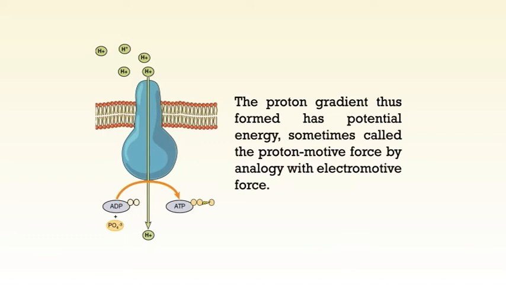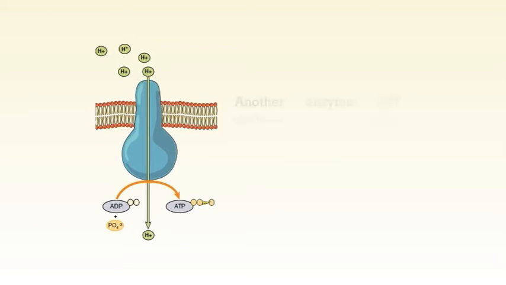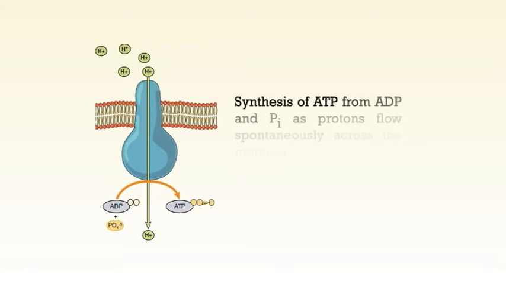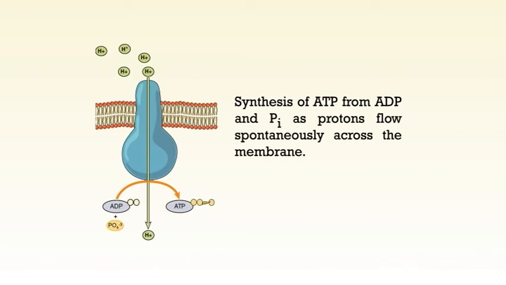In the mitochondrion, for example, membrane-bound enzymes couple electron flow to the production of a transmembrane pH difference, accomplishing osmotic and electrical work. The proton gradient thus formed has potential energy, sometimes called the proton motive force, by analogy with the electromotive force. Another enzyme, the ATP synthase in the inner mitochondrial membrane, uses the proton motive force to do chemical work. That is, synthesis of ATP from ADP and inorganic phosphate as protons flow